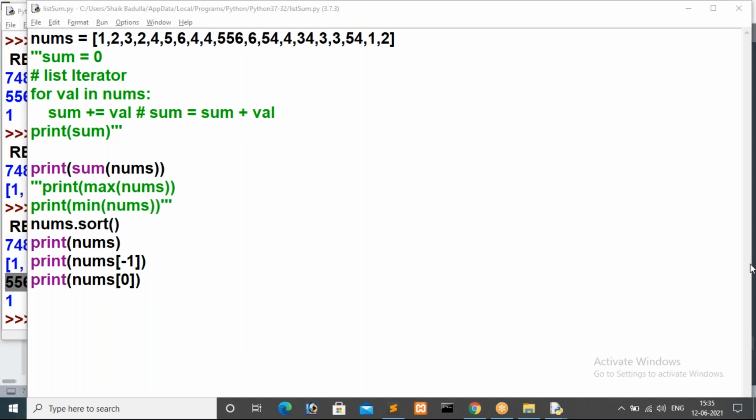Because for that you have to iterate a loop. You have to check each and every iteration, checking the minimum value each and every time. For that we have to write 6 to 10 lines of code. If they ask like that, then there is no use of coming to Python, right?